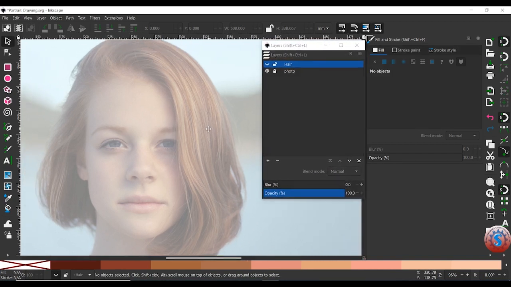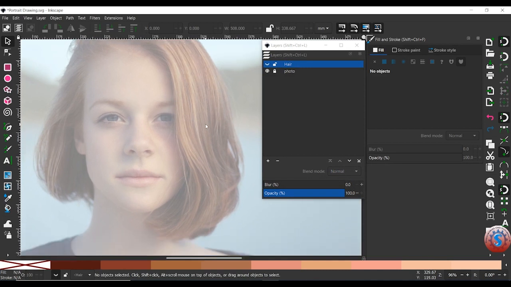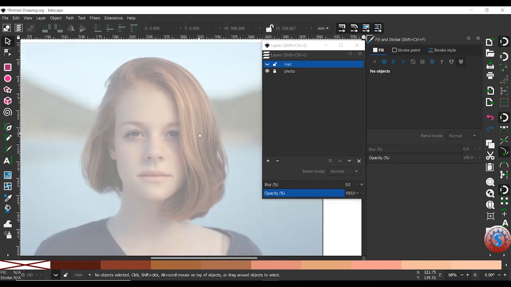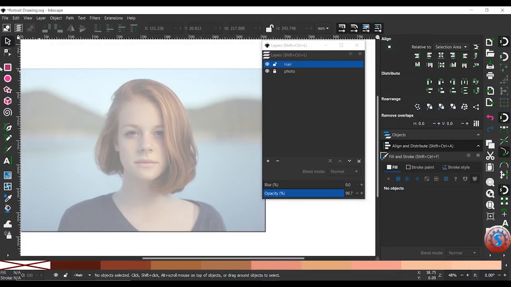And you can observe I am zooming the hair by using the plus and the minus keys. The plus and minus keys are very simple to zoom in and zoom out. You can also drag the mouse to redirect the image. Now I want the opacity at 100%, and you can observe the hair opacity is 100%.